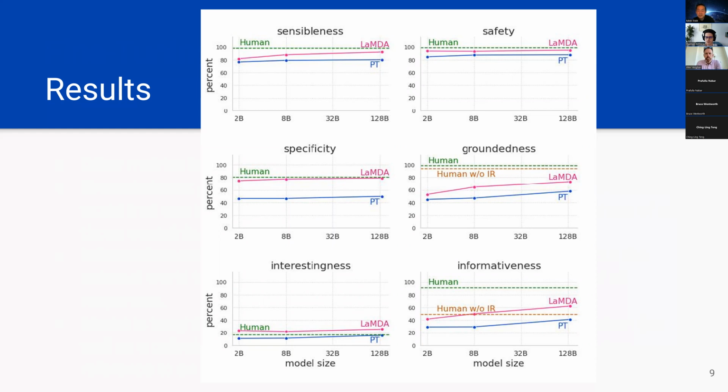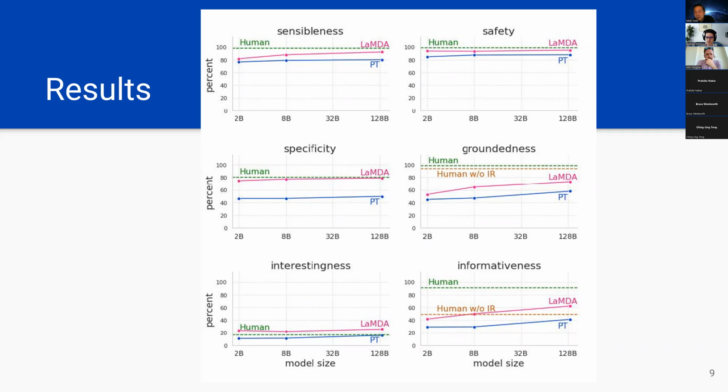So you expect that as the model becomes bigger, it will perform better. And you see that it depends on the criteria, like sensibleness. Is it sensible? Humans are at 100%, and LaMDA is getting quite close, but it's not 100%. But it's a real improvement over the pre-trained model. So the crowd workers really added value to sensibleness. Groundedness,